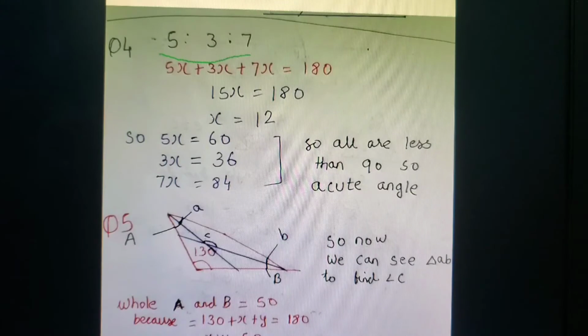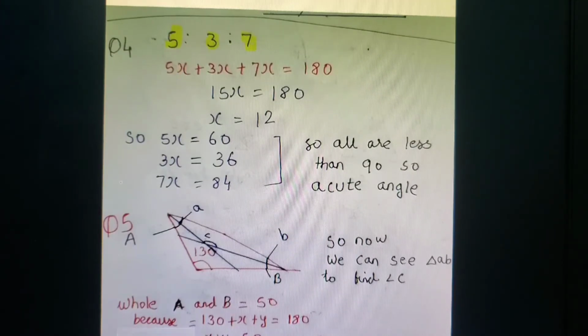So we have taken them as variables. Let x be equal to 10. So x equal to 10 means this is 50 degrees, this is 30 and this is 70. Like that we have to consider a variable. So it is 5 times bigger. How can we say gem? Meaning it is 5 times bigger than the original. Original was x. This is 5 times, this is 3 times the original. Original we have taken x, and this is 7 times the original.